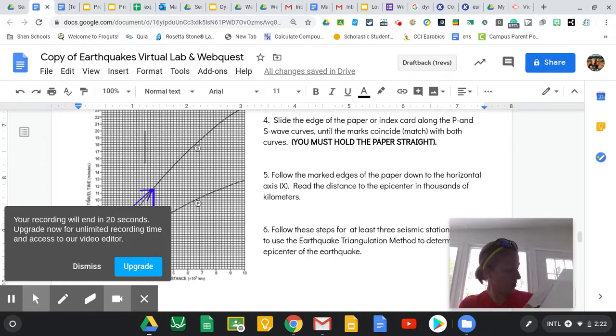Okay? And then you're going to mark off the 0 marker. So that was 0. And we had a difference of 5 minutes. So you're going to mark off wherever that 5 is on your reference table. Okay, you're going to mark it off, and then you're going to slide this piece of paper, holding it vertical, that's the important part, until this 0 line hits the P wave and this